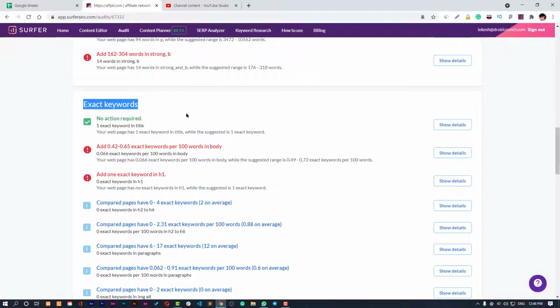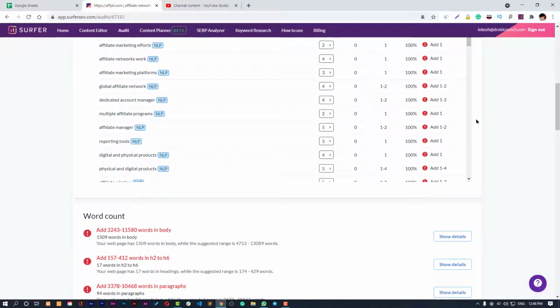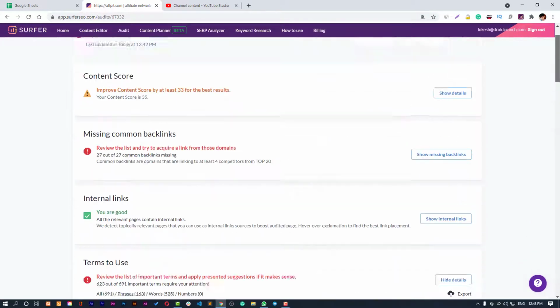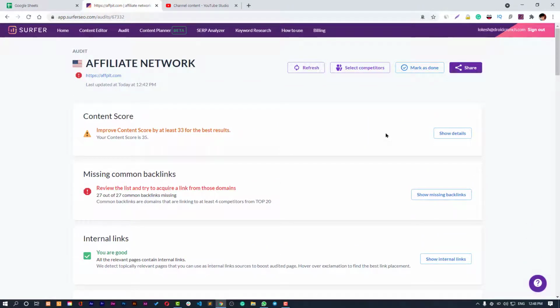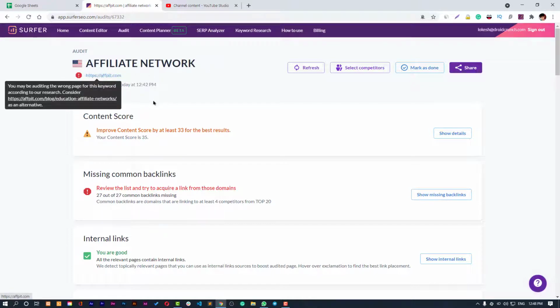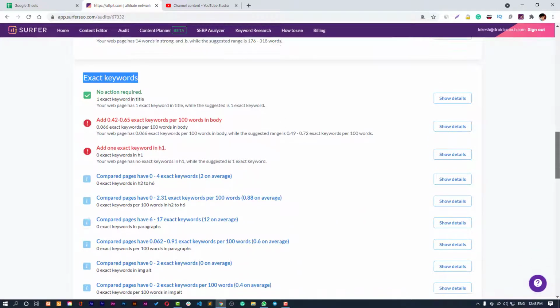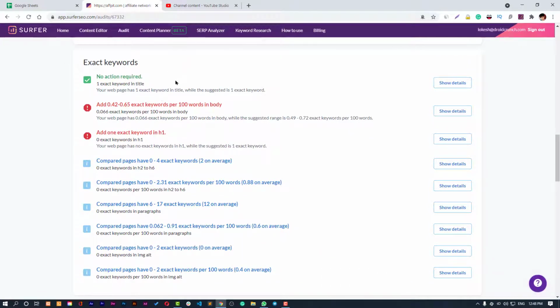And then we have some exact keywords. The mistake I made was I didn't use any blog content, I just used the main domain keyword, so that's why we have a somewhat dramatic audit report. But if you want to audit an article and you have reviewed something, you can use keywords based on that, and then you can have a review link, and you can have a better report actually. That's also just a demo video, so I used this, so you can get the exact keywords.